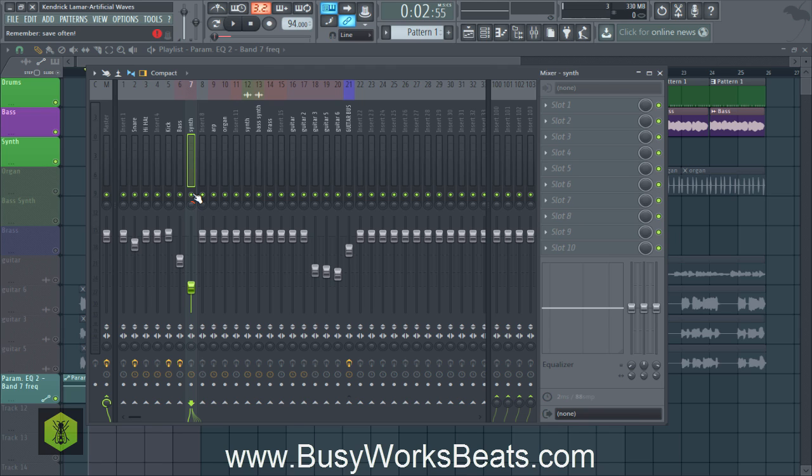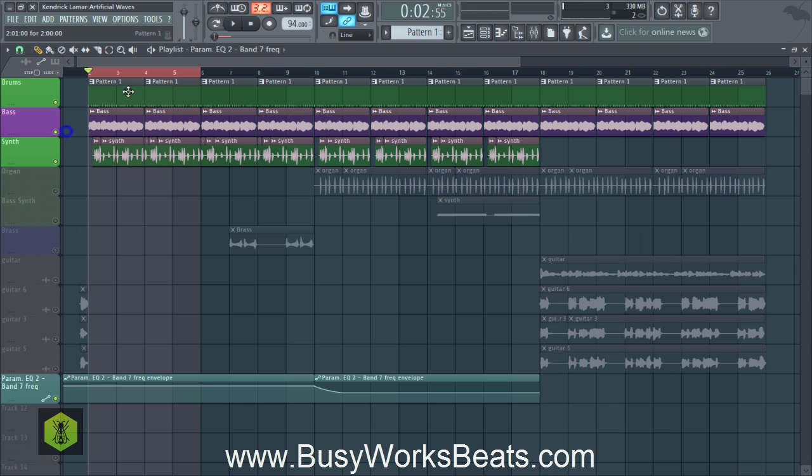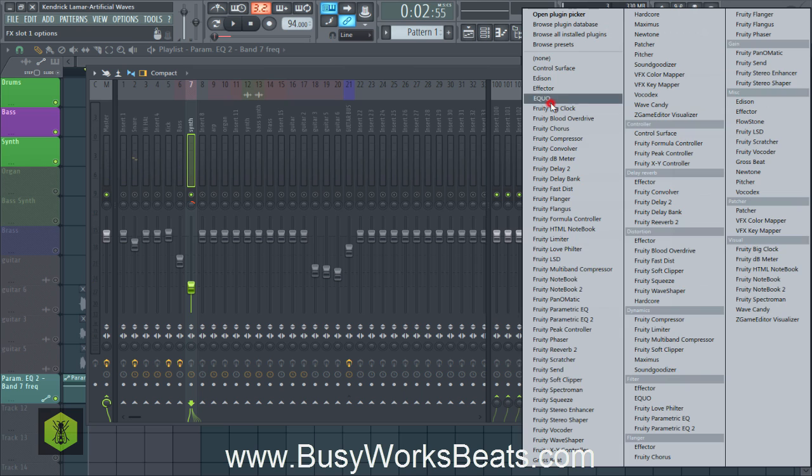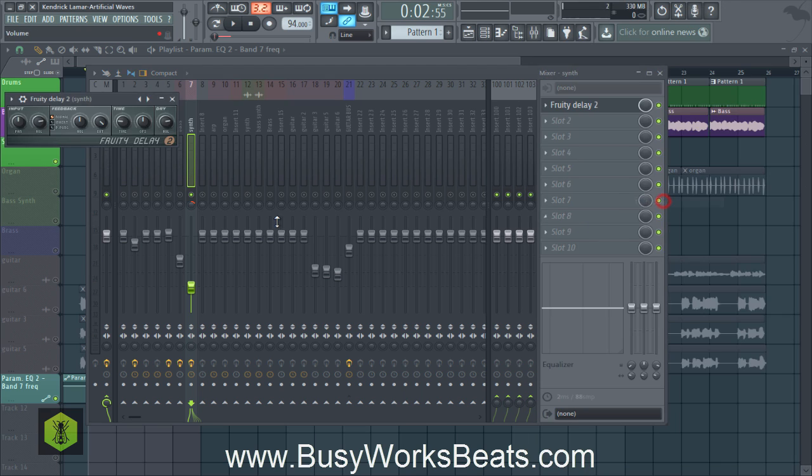This is where you would solo the sound. So right-click, and this is where you start to add your effects like Fruity Delay. We're going to add a subtle delay. Where's Fruity Delay at? Here we go. We're going to put it on ping pong mode just like the guitars. Turn the input down a little bit, lower feedback, and change the time to maybe 4 instead of 2.